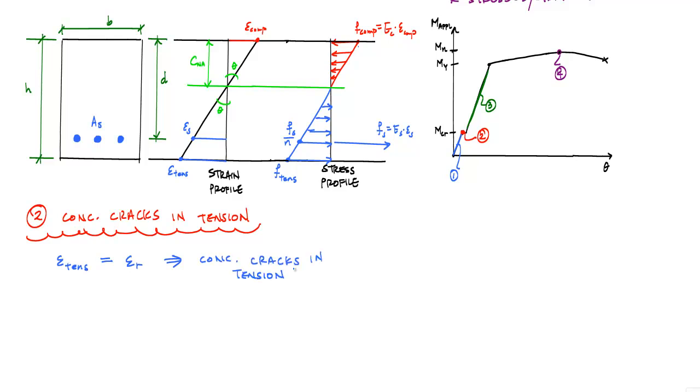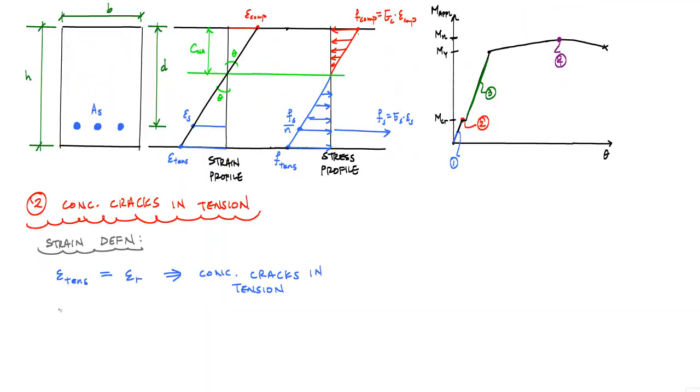All the other materials, the steel and the concrete in compression, remain linear elastic. So really the definitions are the same as before in terms of strains, so that the steel has not yielded and the strain in compression of the concrete is still less than the proportional limit of concrete in compression, and this just implies linear elastic material behavior. And the only difference again is that the tensile strain at the very bottom is equal to the concrete rupture